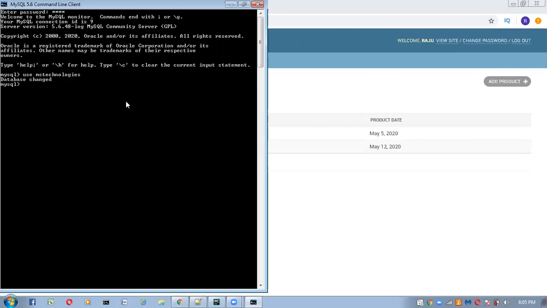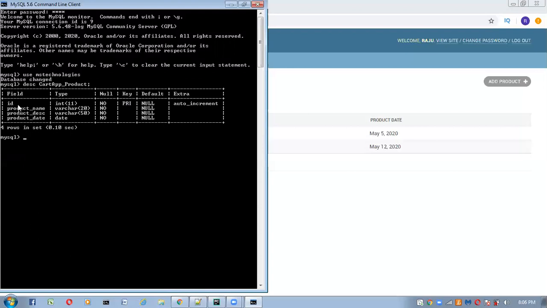First check whether the product table is available inside the database. Here, how will the table be created? Application name underscore model class name. The application name is cart, underscore, model class name is product. This is the table that got created.